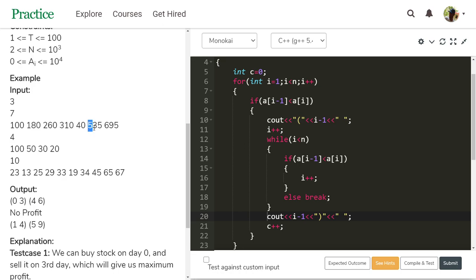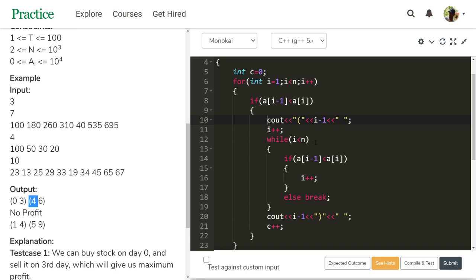The i value is 5 now. Check this: A of i minus 1 less than A of i. 40 is less than 535. It is true. Then cout open parenthesis i minus 1, which is 4, and a space. Then i increments. The i value is 6 now.